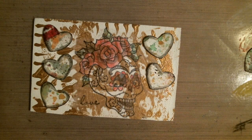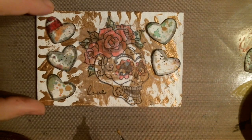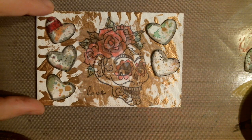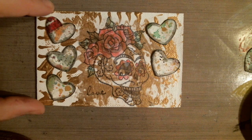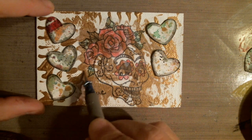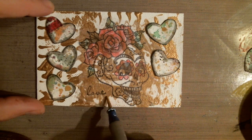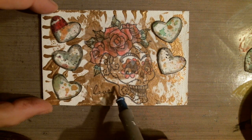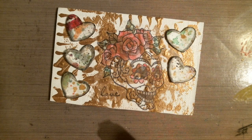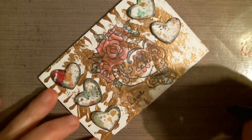I'm going to grab my gold and put a little bit more gold on the page. I'm using my stylus, just dipping it in. Because the gold's not quite coming through the tissue paper as brilliant, of course, as the other sides. You can see that, but everything else looks really nice. So I just want some of that gold to come through a little bit more. So I'm going to use the Posca pens that I received as a gift from Cat Hand, and I am going to try